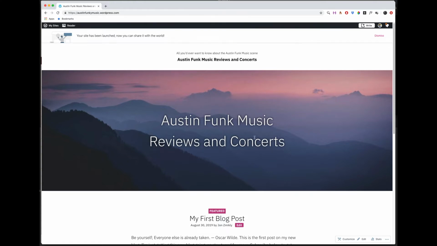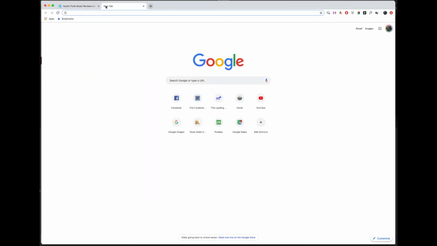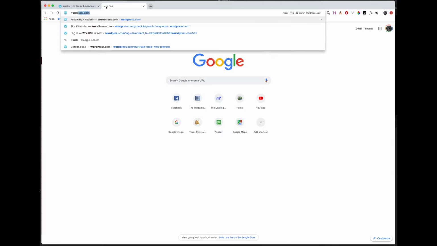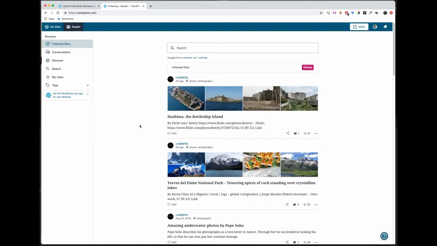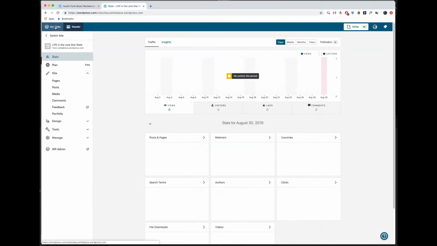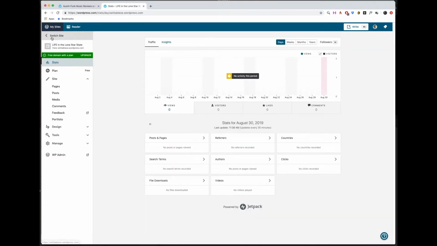Now we want to be able to edit this content though, so what I like to do sometimes is open a new tab and just go to wordpress.com, and what it brings us is kind of a news feed of sorts. But what we really want to do is called your reader. What we want to do is go back to our sites, go to my sites, and from there we can